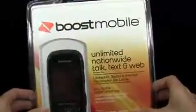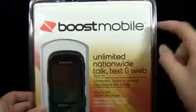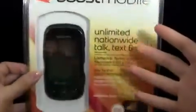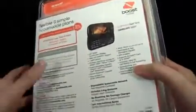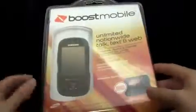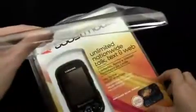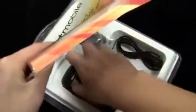So this is the Samsung Seek from Boost Mobile, Sprint's prepaid service, and obviously there are going to be a lot of similarities between this and the Sprint version of the Seek, but there may be a few custom apps or different things like that. On the back is just a basic rundown of the features. I'll go over those as we unbox it. And it's already been opened, probably just to be activated, but this will be an unboxing, don't worry. So take the phone out,